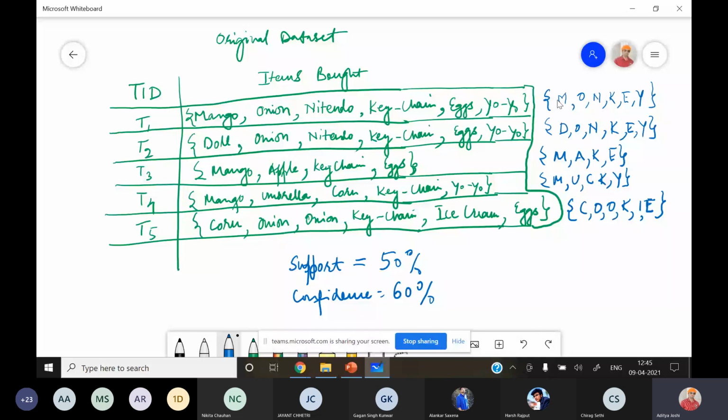तो देखो ज्वाइन करने के बाद क्या बचा आपके पास? MK, OK, OE, KE एंड KY। ठीक है, MK का काउंट है 3, OK का काउंट है 3, OE का काउंट है 3, KE का काउंट है 4 एंड KY का काउंट है 3। यही आ रहा है? यस सर। BSc IT स्टूडेंट्स आपका आ रहा है? हर्ष, हरनीत और कौन कौन है? यस सर। आ रहा है ना आपका? अलंकार? यस सर। ठीक है, चलो।